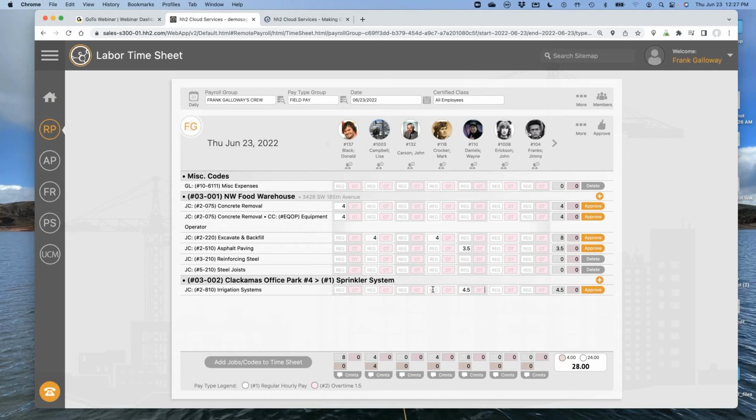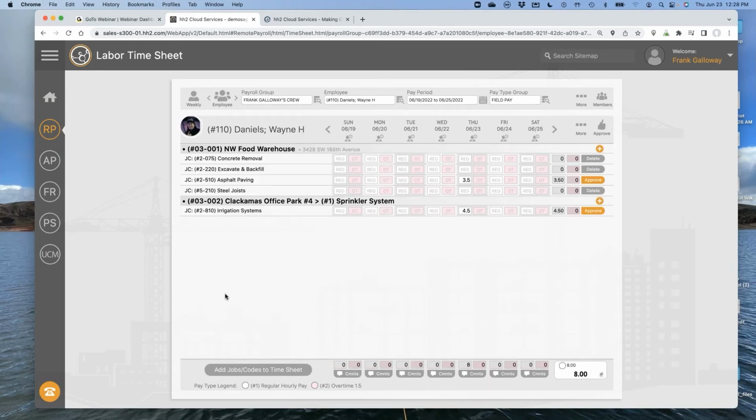I'm going to pause for just a minute, before I go further into the clock in and clock out and how we currently handle things in HH2, to see if there are any questions around what we call a daily time card. I'll wait to see if any questions come through, and don't be shy, because your question might be something somebody else has. While I do that, I'm going to click on Daily and switch to a weekly time card, to give you an idea of how to fill out someone's weekly time card.